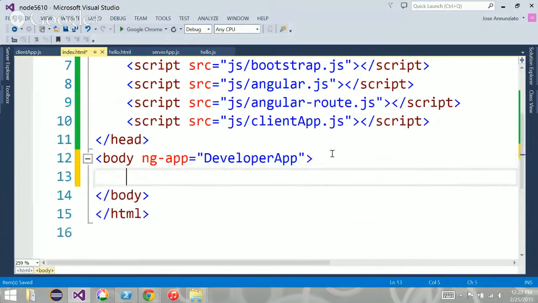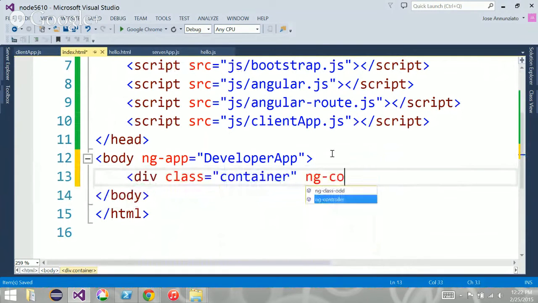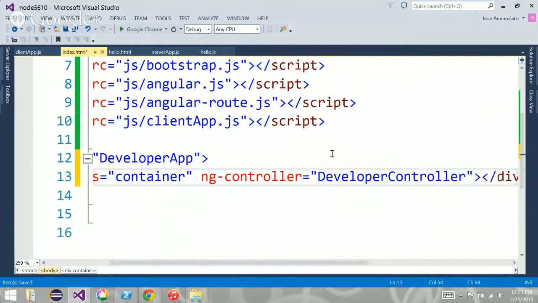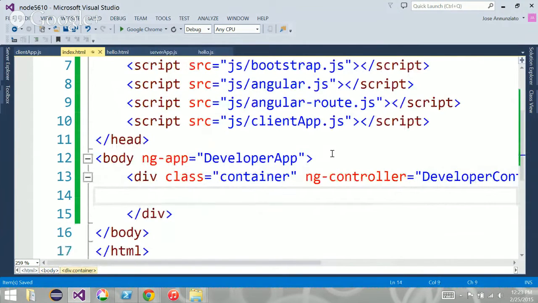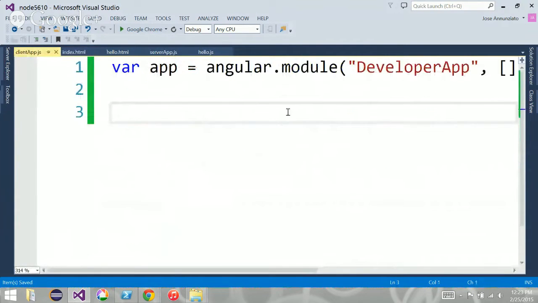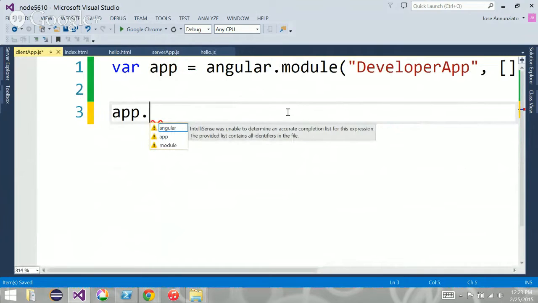And I'm going to go here, and in the body, I'm just going to create a little div class container to make it look pretty. And I'm going to put a controller here. Typically, we would use routing, like we did last week, but I'm not going to go into that today. We'll make it as simple as possible, just to get us going. So the controller, I'm going to create here the developer controller. Okay, and I'm just going to say hello. So just to make sure that I have a controller here that can say hello, we're going to say app.controller,